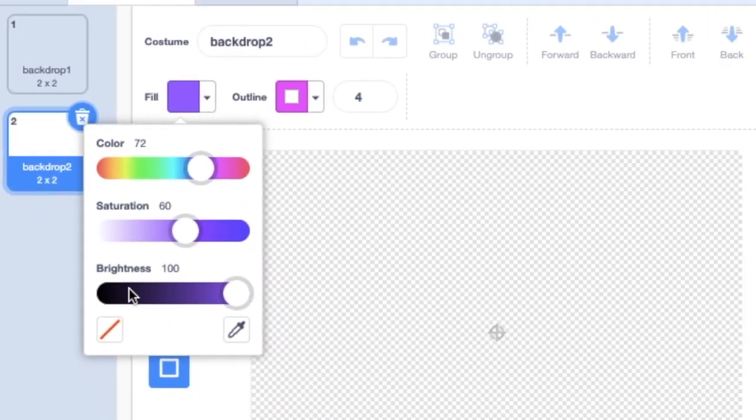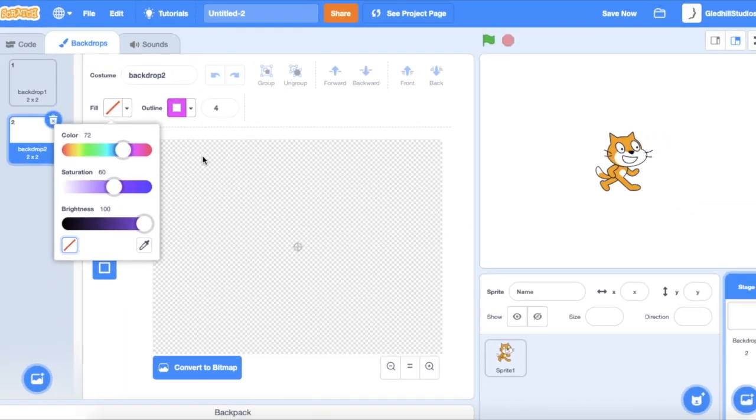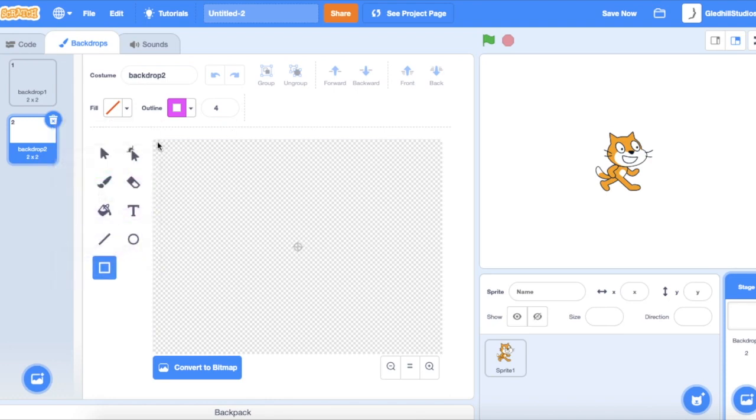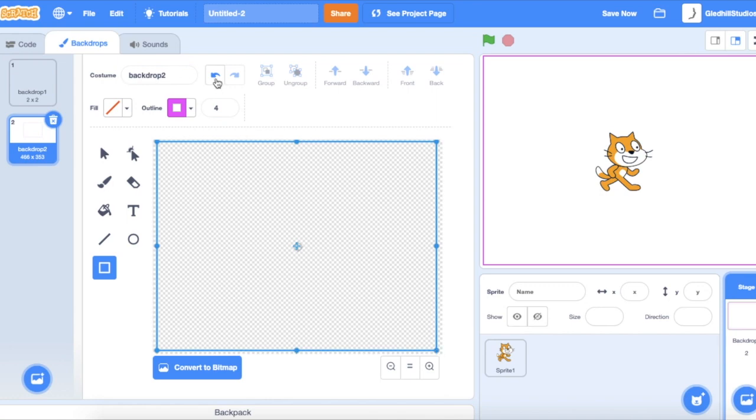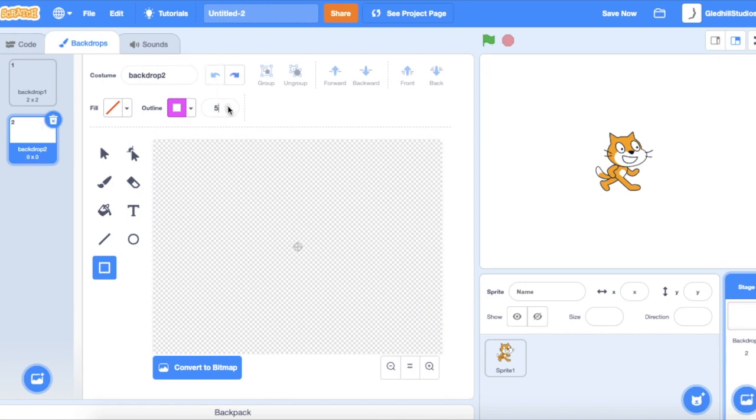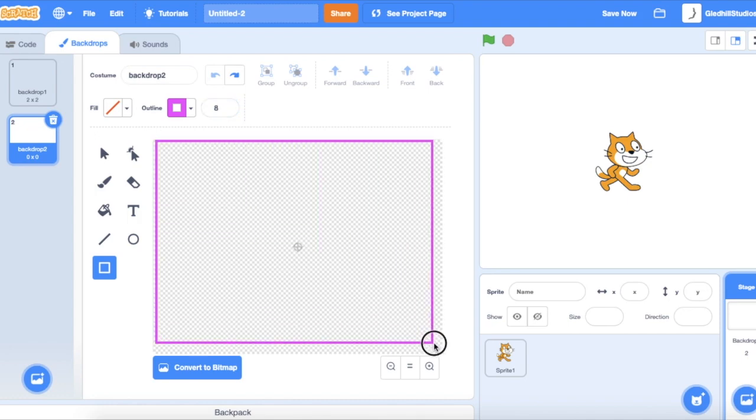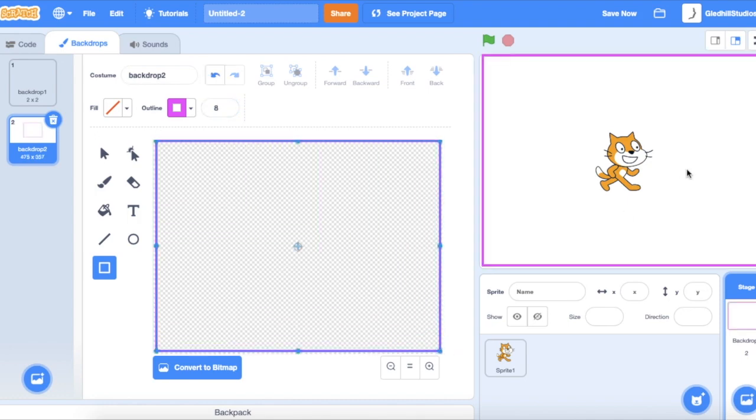I'm going to use a square here, and you can see two options, the outline and the fill. Well, I'm going to do a big maze, or actually I'm going to do just a plain rectangle. Keep it simple. I can add more complications later on. So I'm just making a rectangle. Here I can make the width of the line a little bit bigger. So I did undo, made it wider, and now